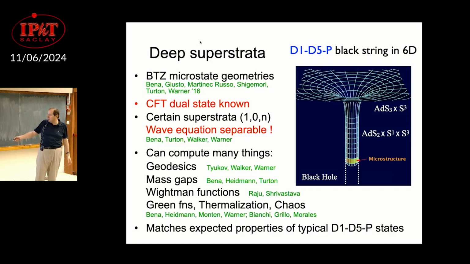For example, the mass gap. The mass gap is really the energy difference between the ground state and the first excited one. That's a non-supersymmetric object. But they still give you the right answer in supergravity as in the CFT, even if it doesn't have any right to be protected. So some things are protected even if personally I don't understand why. But again, Rodolfo is the man.